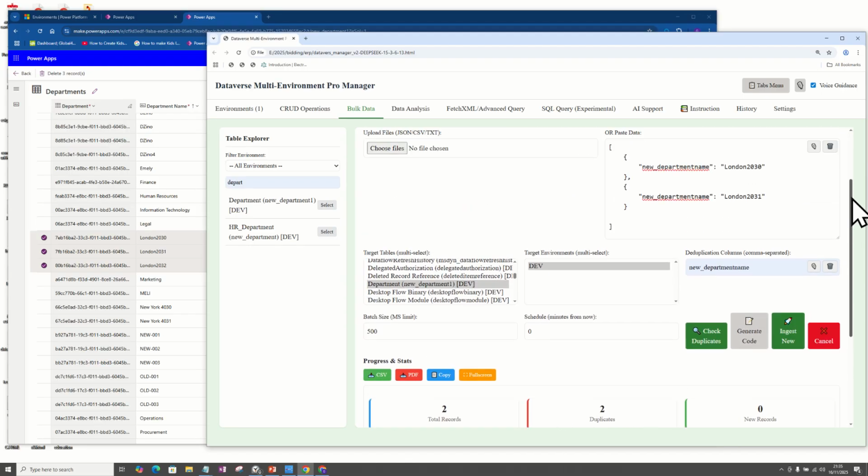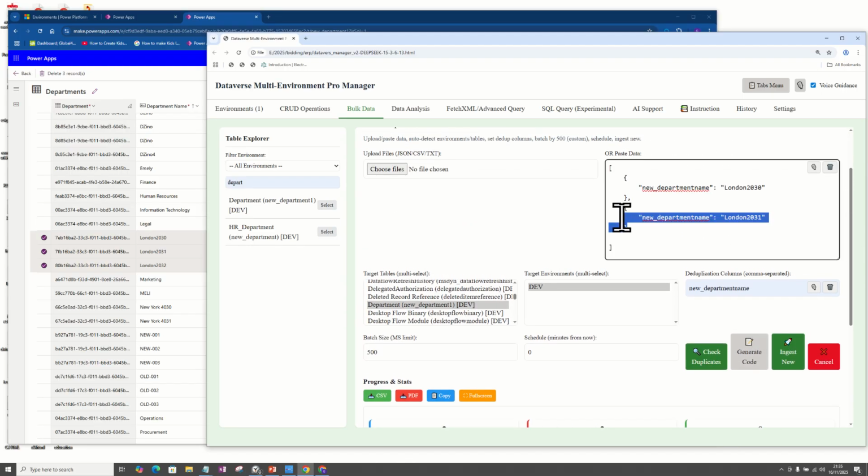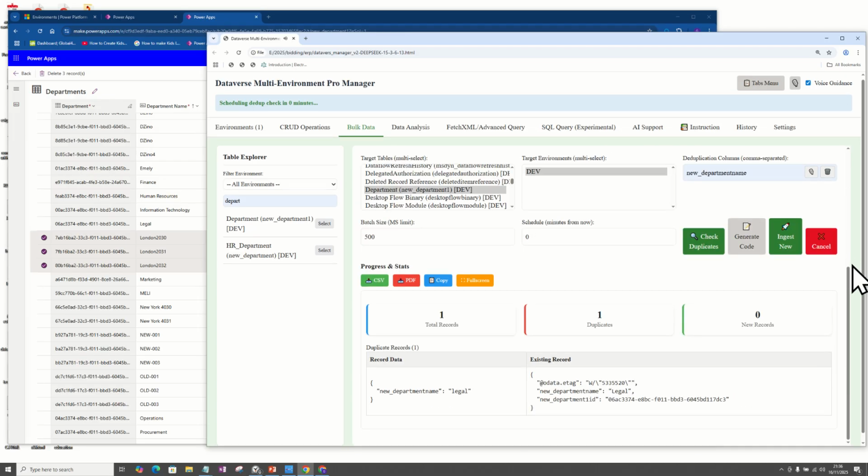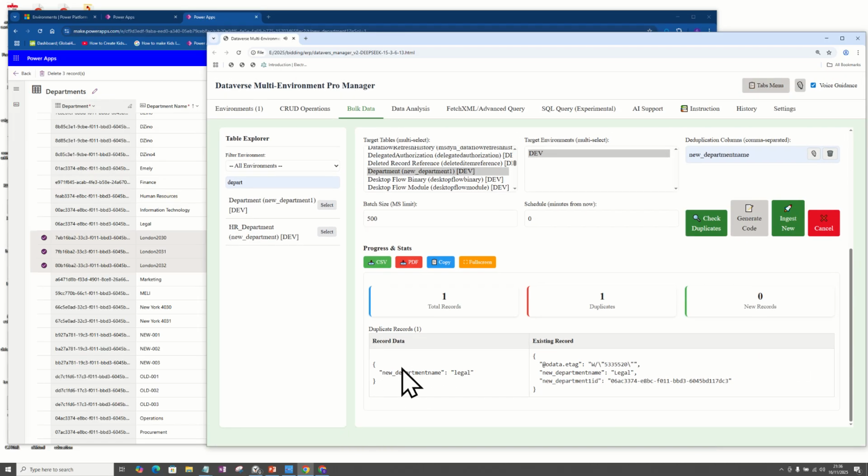So we go to the data. Let's delete all these bits. And we just type in legal there. All right, so let's test this guy. Deduplication check completed. It's finished, and it's saying yes, there's one duplicate called legal, and that is how you use